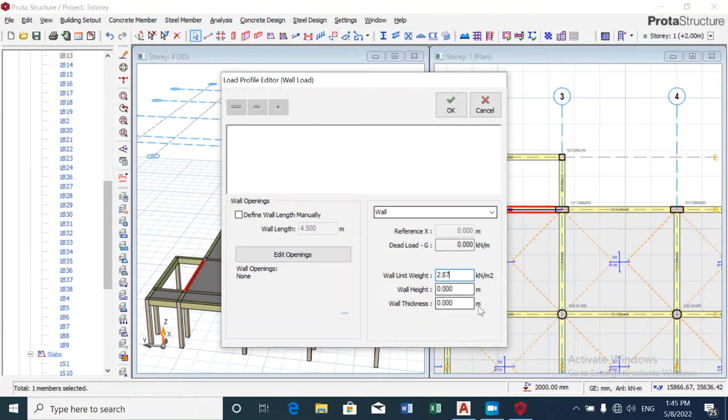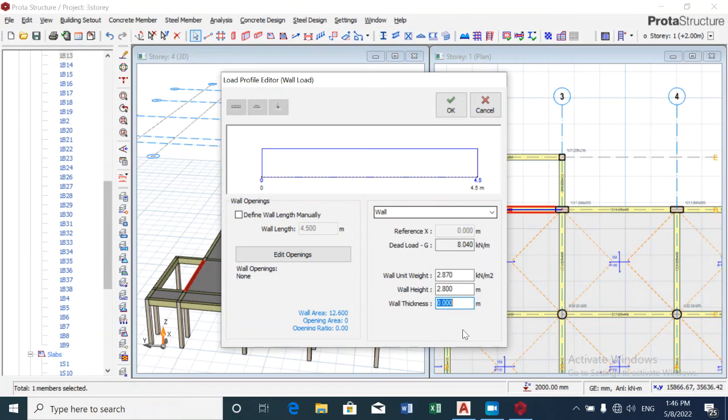And the height of this wall is actually given as the total height, which we edited in the story, which was 3200 millimeter, minus the depth of the beam, which was 400. When you do your subtraction in millimeter, you get 2800 millimeter. And the wall thickness, most times we have two forms of block, the 150 millimeter block and